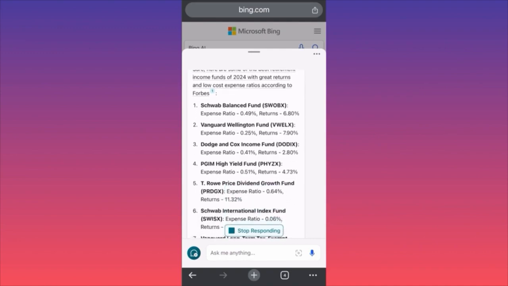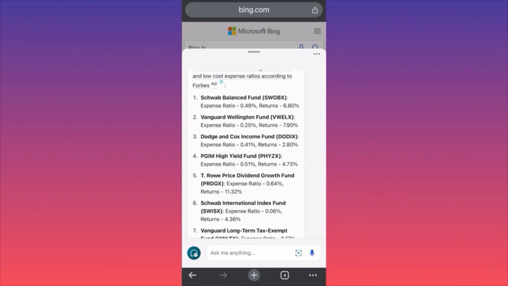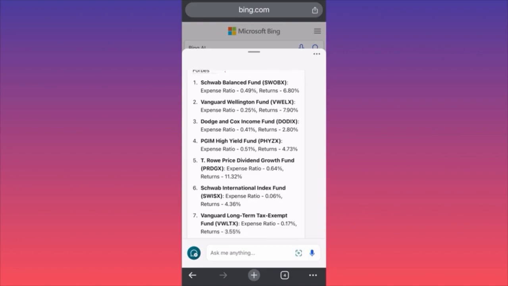Okay, so you see what it did? It went out there, found the most reliable or one of the most reliable sources, and it spits the information from it. So we have a Schwab balance funds, return is 6.8%, expense ratio is 0.4, which is kind of high, guys.